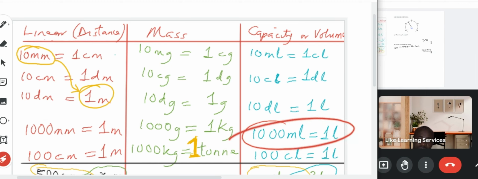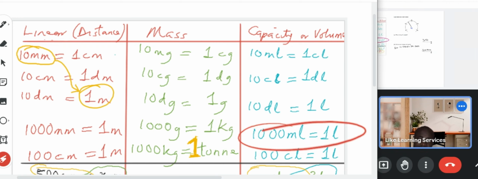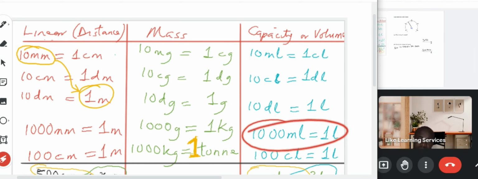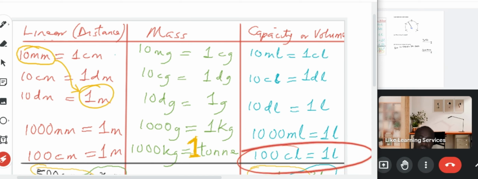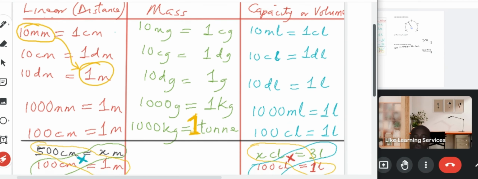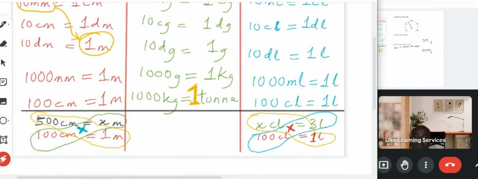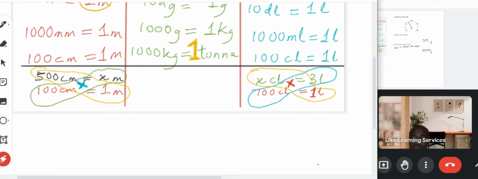Say this one. So read it out. 1,000 milliliters equal 1 liter, just like 100 centiliters equal 1 liter. Alright, I know you already know that when you are converting from bigger unit to smaller unit,